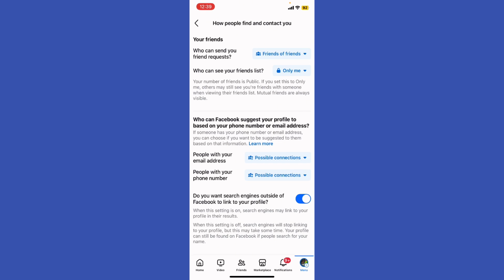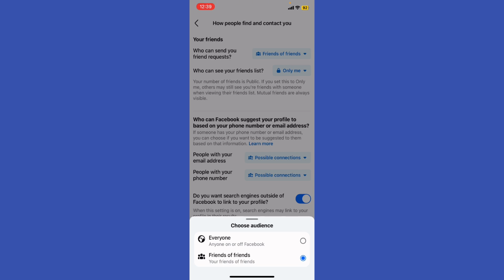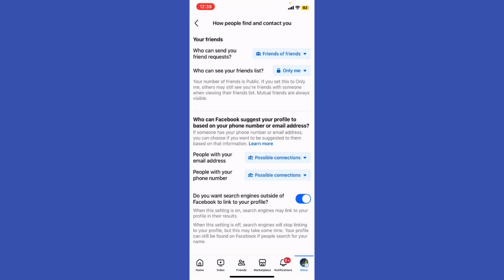see your friends list. So in the first option, you can only set it for friends of friends, so that way you can limit your mutual friends to friends of friends, so nobody will be able to see your profile with the mutual friends if you just keep it to friends of a friend, right? So here, the second option, who can see your friends list, if you want to keep it